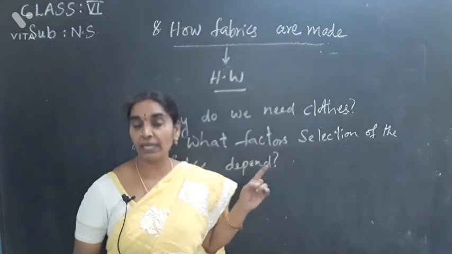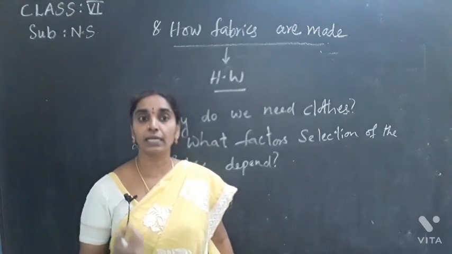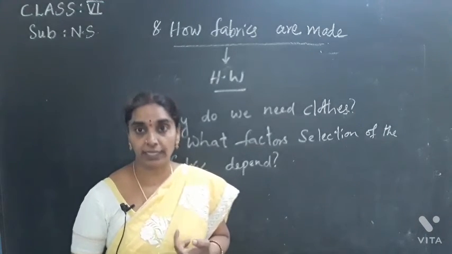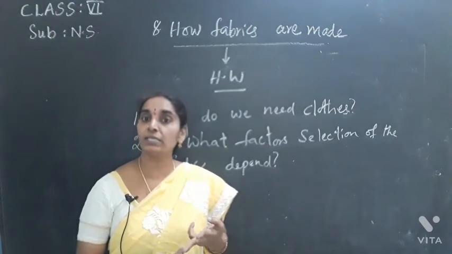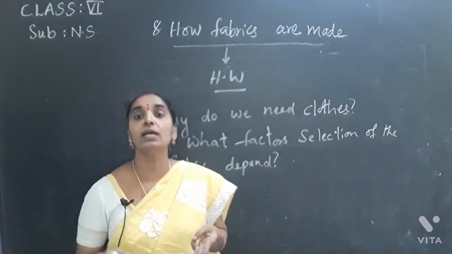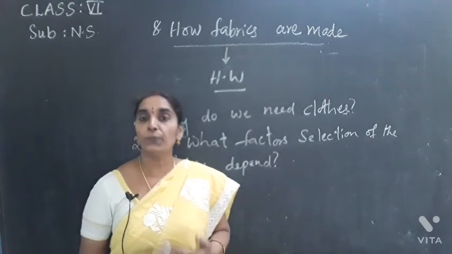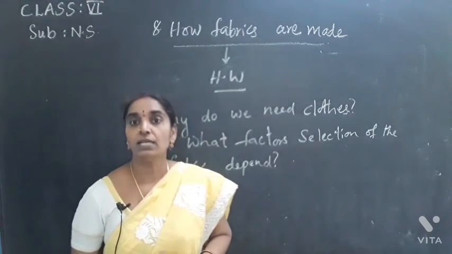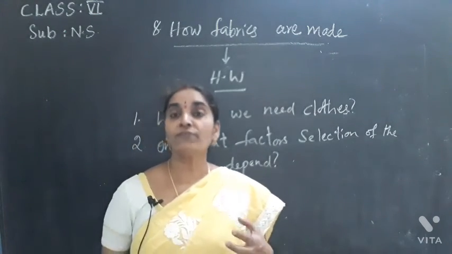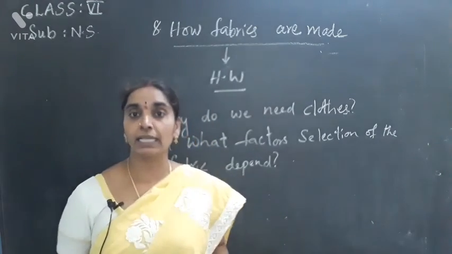One main thing, the cost of the fabric, is also taken care of before selecting a fabric. And the season for which the fabric is needed, whether it is summer, winter or rainy season. You know very well, different clothes are used to protect ourselves during different climatic conditions. To keep ourselves cool in summer, we wear cotton clothes. They protect us from sweating and absorb the sweat. So absorption capacity is one of the properties of fibers that is considered before selecting a fabric.